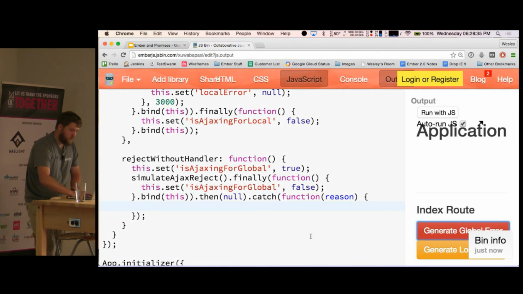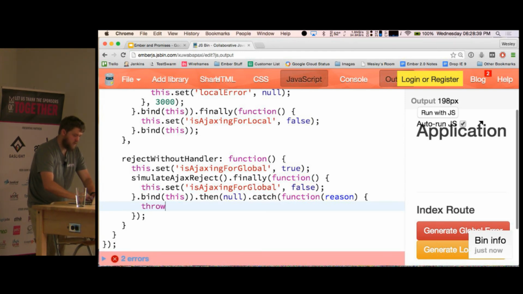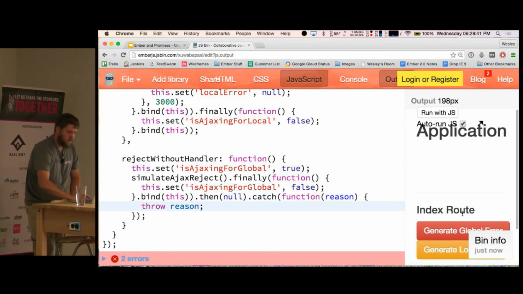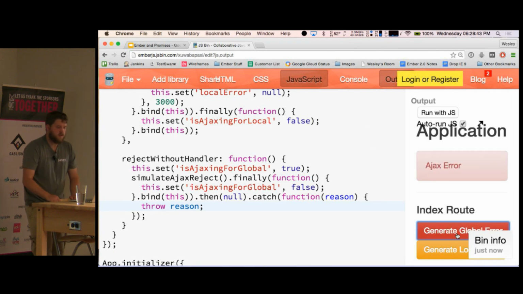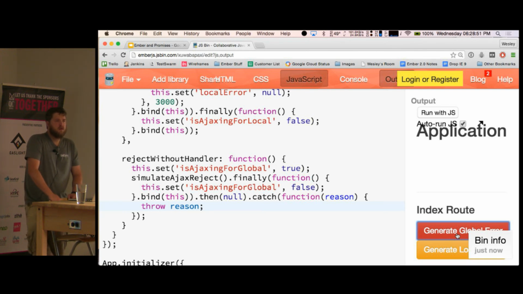Yeah. But if you were to throw it again, it would continue propagating. I think there is a difference if that then had a success handler. If you do then with two functions, then I think the rejection handler would not be called if the success handler threw an exception.